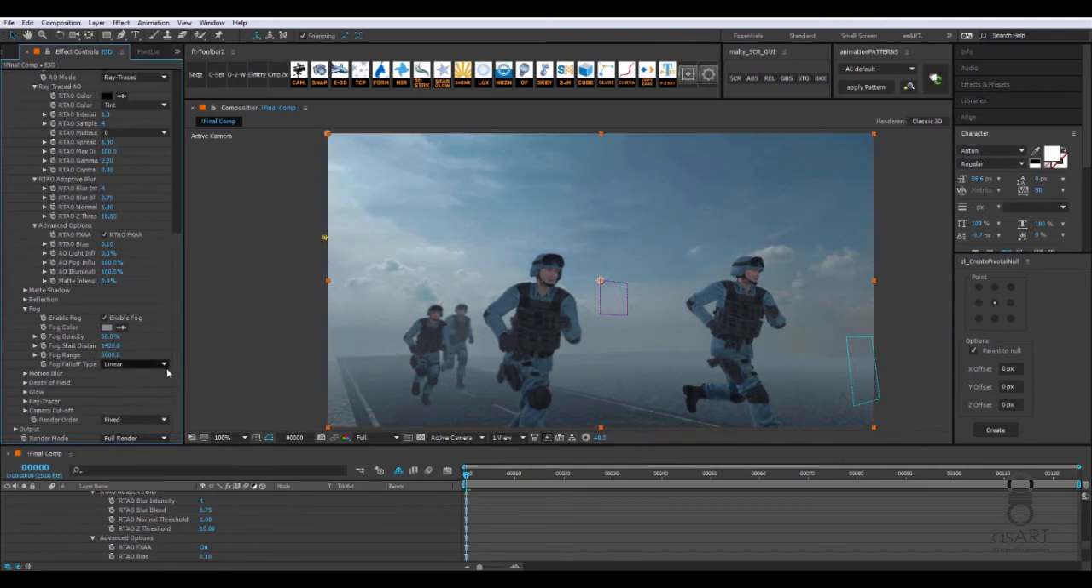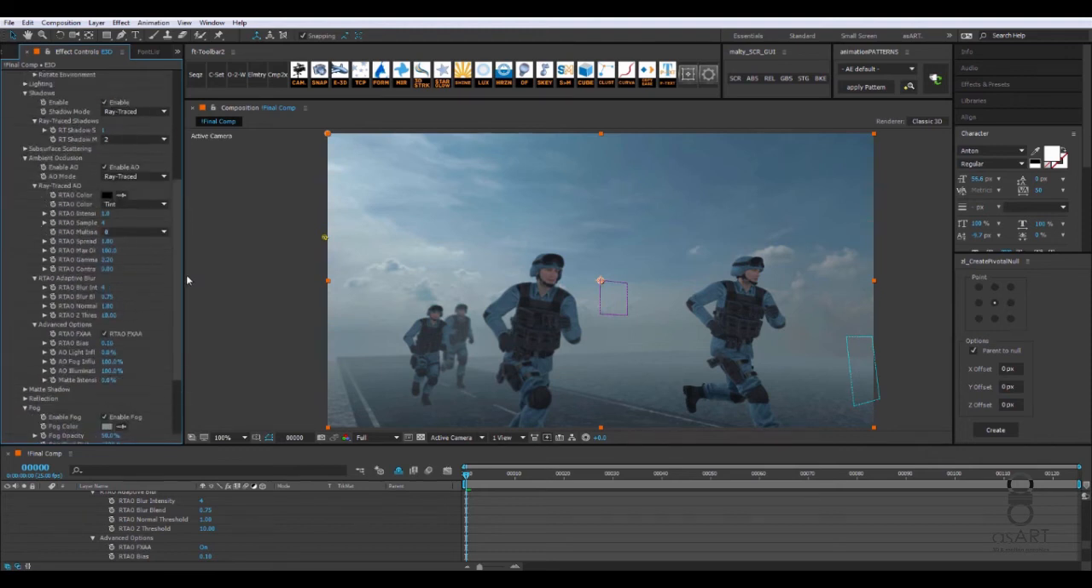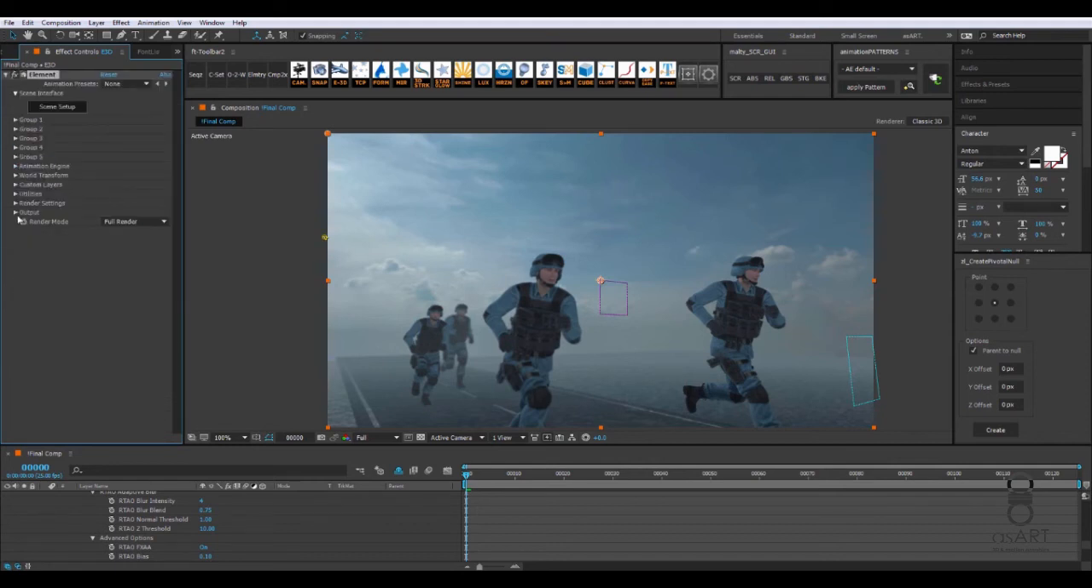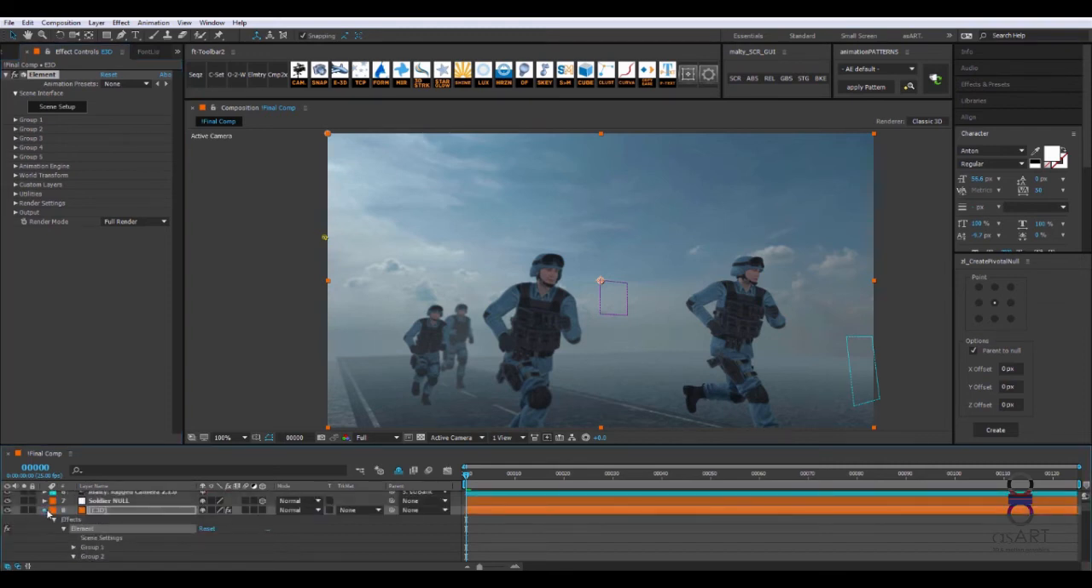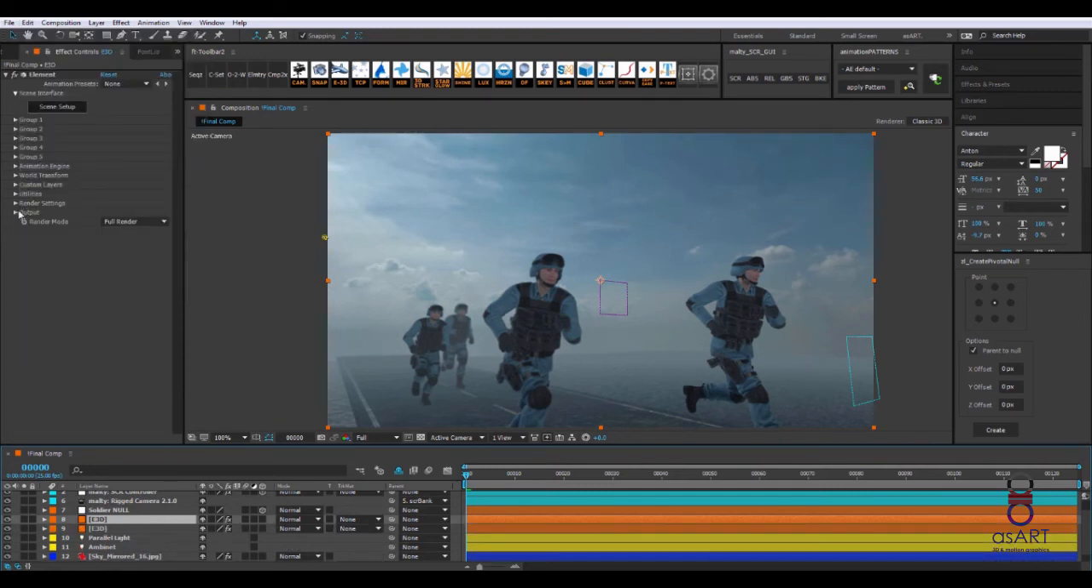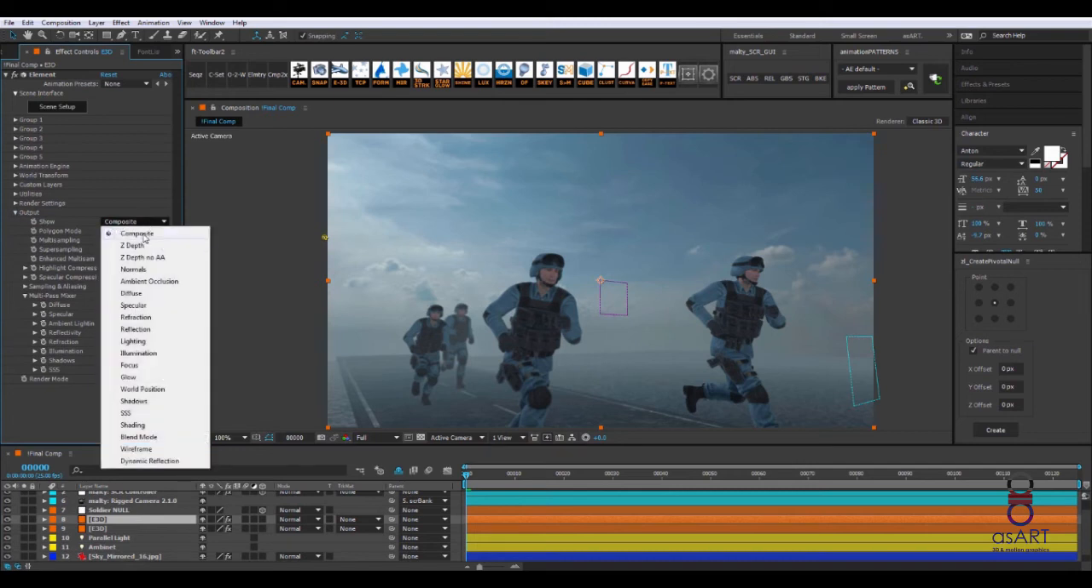Something like this. Then we can close this section, go down to output, and make a little bit of anti-aliasing. So the next thing I'm gonna do is duplicate my element 3D layer here. Just select the layer and go to edit, duplicate, and in my output settings I'm gonna set that to Z depth,